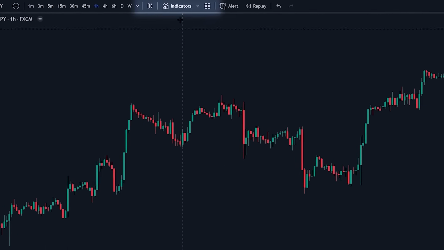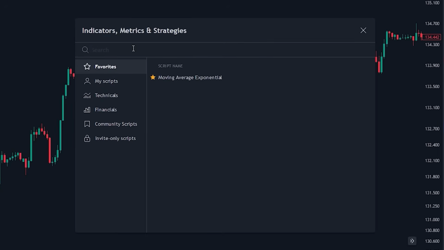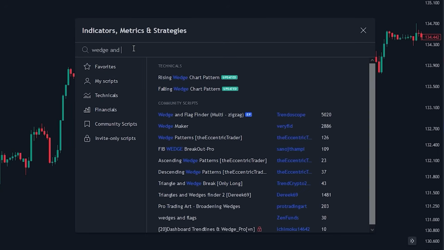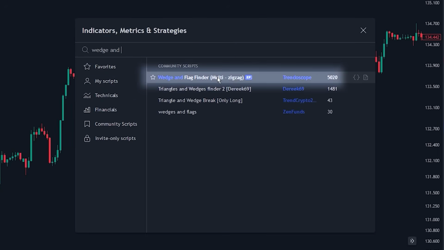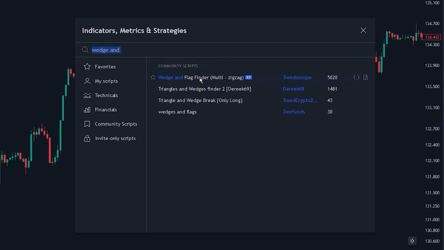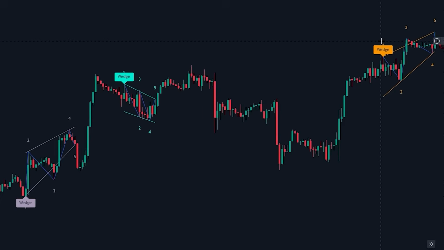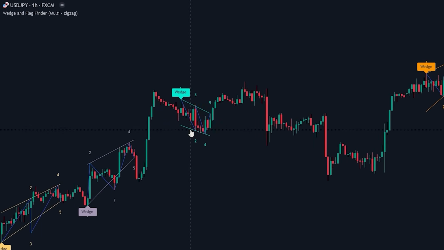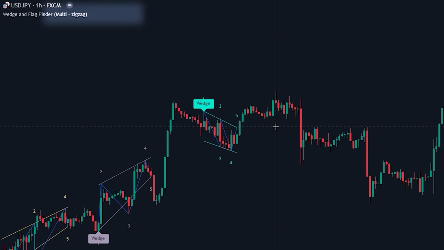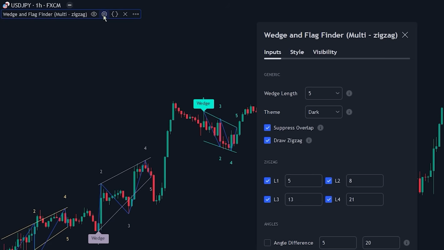Head over to the Indicator Search tab and search for the Wedge and Flag Finder indicator. Select the indicator made by Trendlines and add it to the chart. By using multiple pivots, this indicator is able to identify powerful chart patterns known as the wedge and flag patterns in the price action. If we head over to the Indicator Settings tab and navigate to the Input tab, we